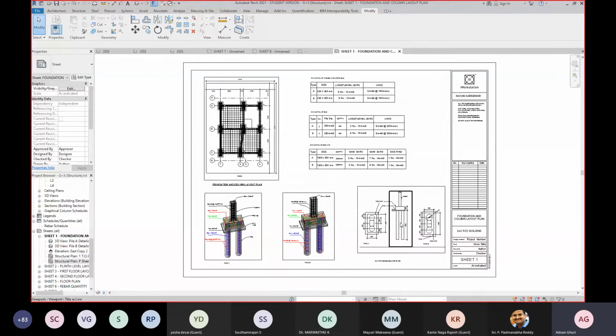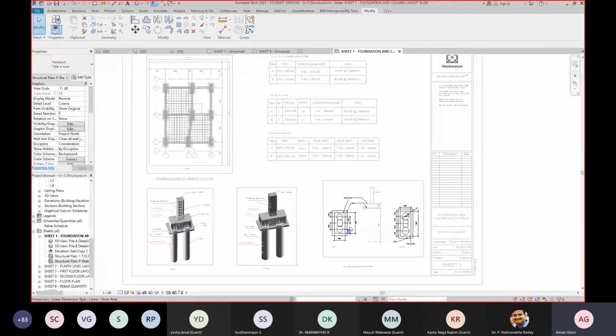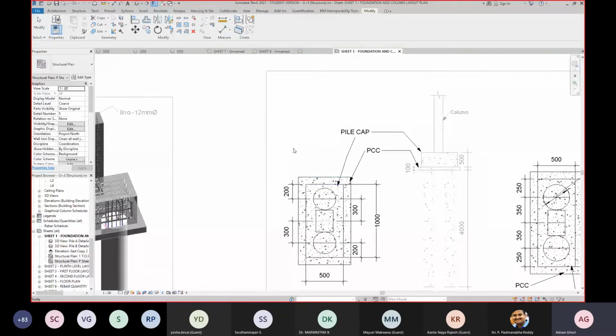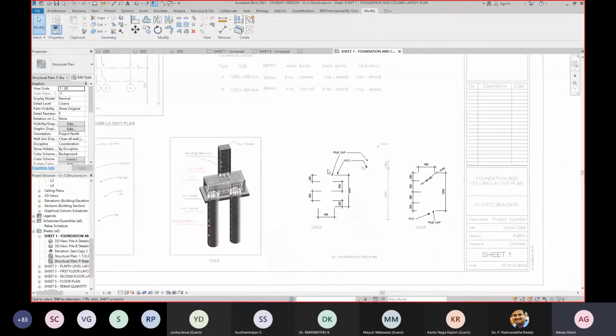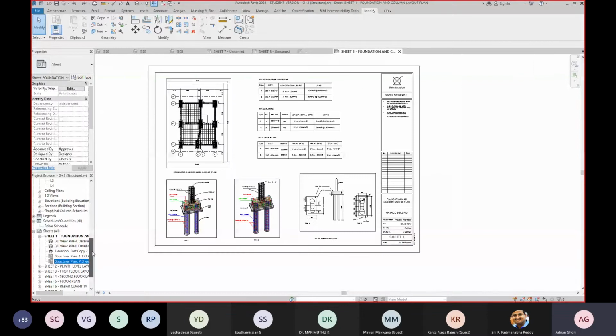You can see these plans. You can even manipulate and change them, like you can delete it, or you can check the dimensions. Right? You can press Ctrl Z. So you make separate 3D views and separate plans for these sheet creations.